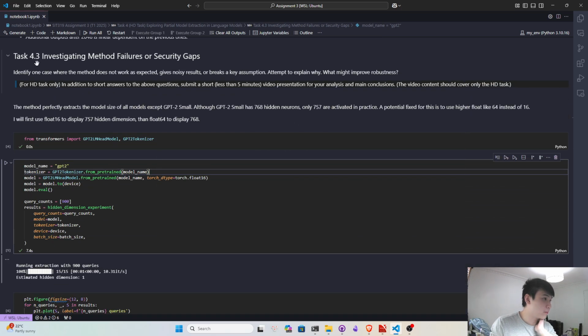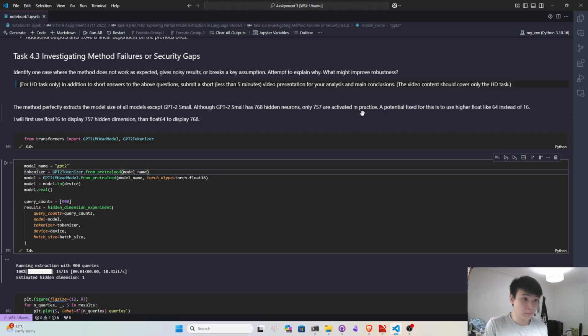Now I will talk a bit about investigating the method failures or the security gap. In the theoretical proof, for all of their models, there has been success. They succeed in finding the hidden dimension, except for GPT-2. GPT-2 has 768 hidden neurons, but only 757 are